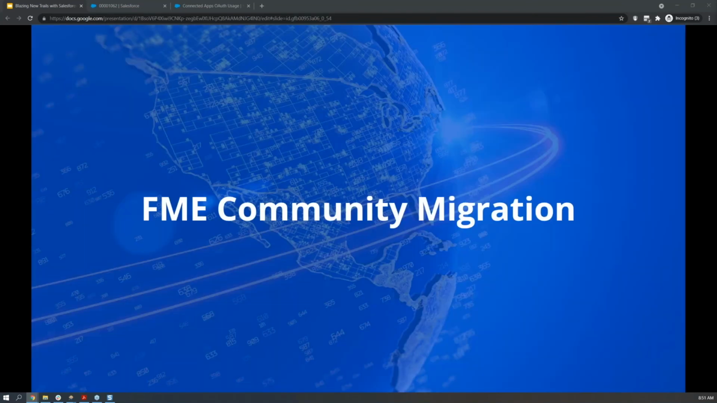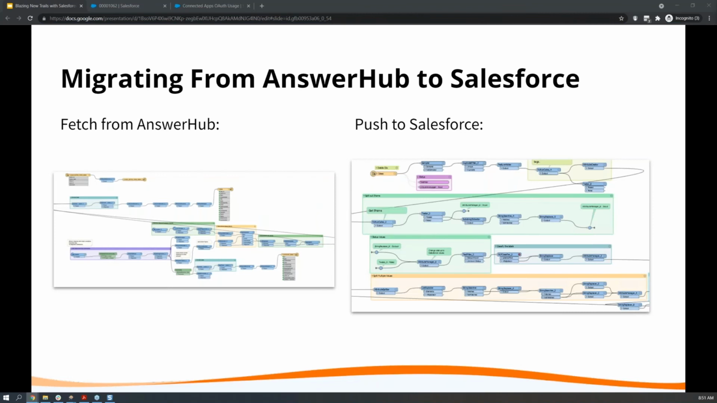All right, so now we're done with the demo. We're going to talk a little bit about our community migration, our own Salesforce story. If you have been following Safe Software and FME in the past, you may have noticed that our community migration did take place. I think it was in September, if I'm not mistaken. And we had an entire process going from the old platform, which was AnswerHub, and moving it into the Salesforce